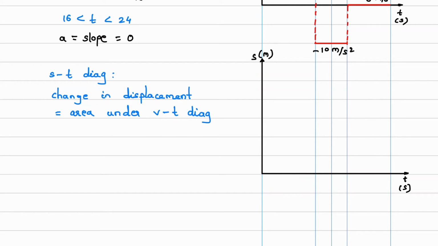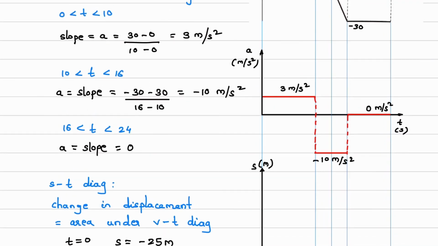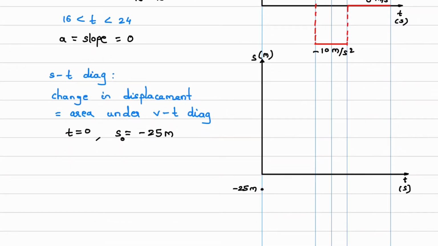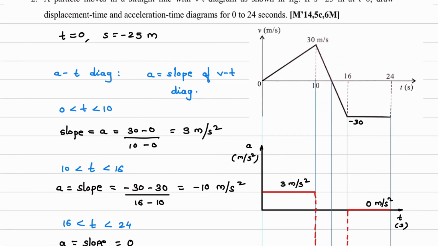Now before that, one condition is given, that is very important. T is equal to 0, displacement is minus 25 meter. So this is S0, that value has been given over here. So we will start from negative side. Okay, suppose this is that point, minus 25 meter. Okay, now point by point we have to calculate. So for first point we have already got, when T is 0, S0 is minus 25. Now what is the next time? Next time is 10 seconds. Okay, so we'll write down for 10 seconds.